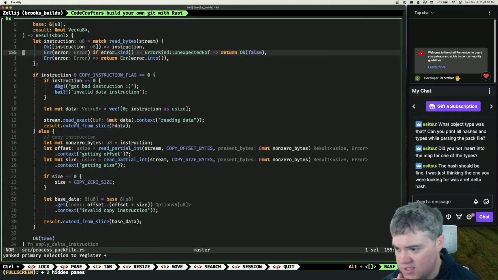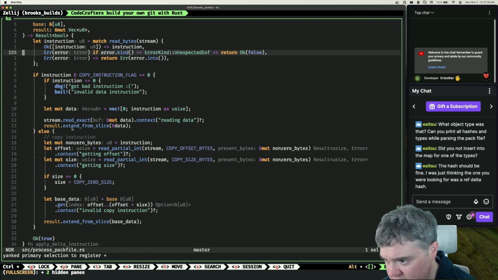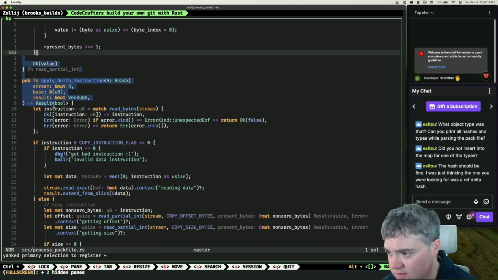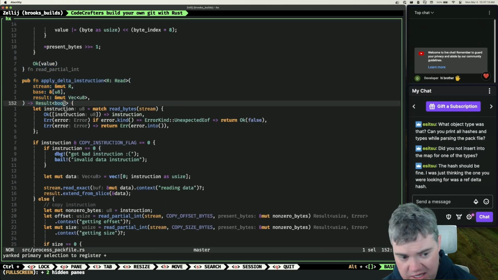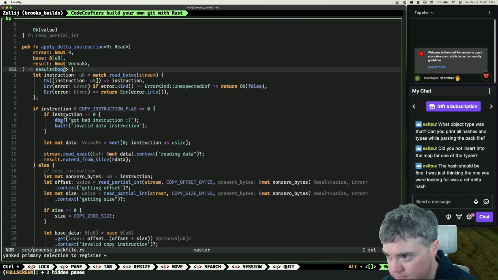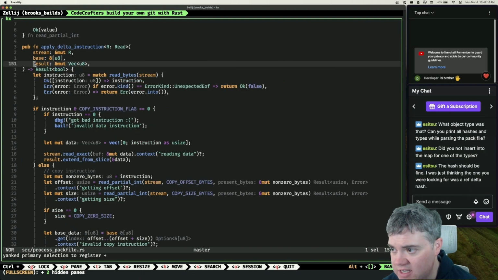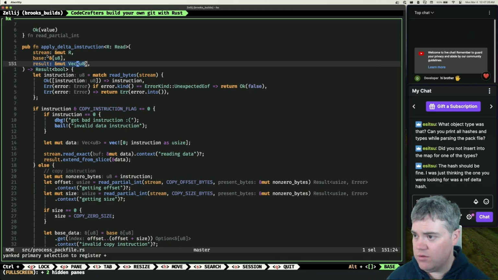Okay, so it's all of these instructions, and then result. Oh, the result is just a Boolean of whether or not I'm done. Oh, because I'm updating and I'm extending this with the result. Okay, so